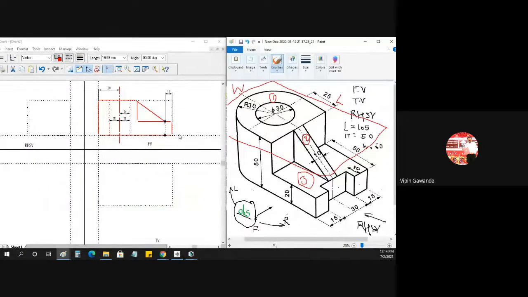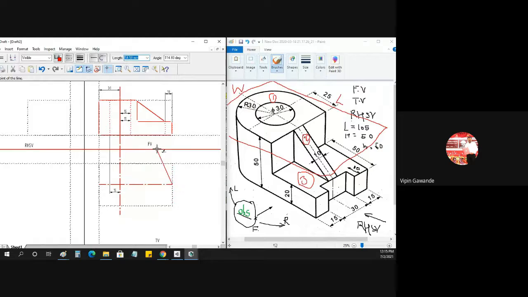Now we will start drawing. We will first draw this circle. I am just extending the center line here. Then we will find the center of this top view. That is 60. You take the center line for the top view, because this is the width and this is the height. I will make it a dotted line, like this. So I got the center here.